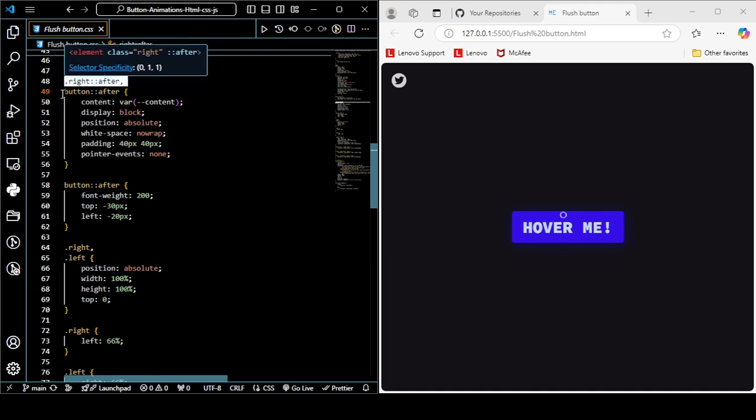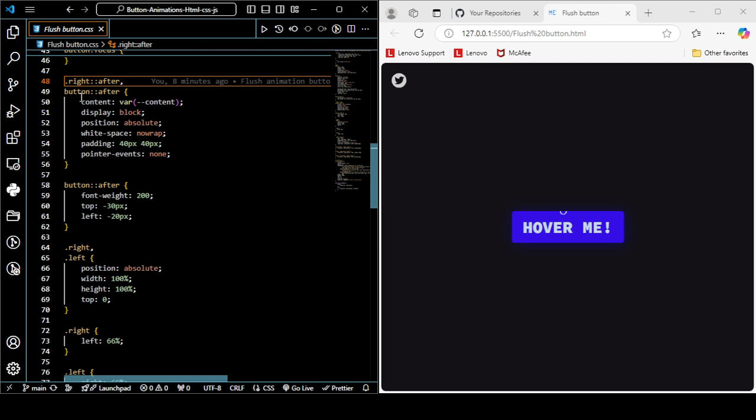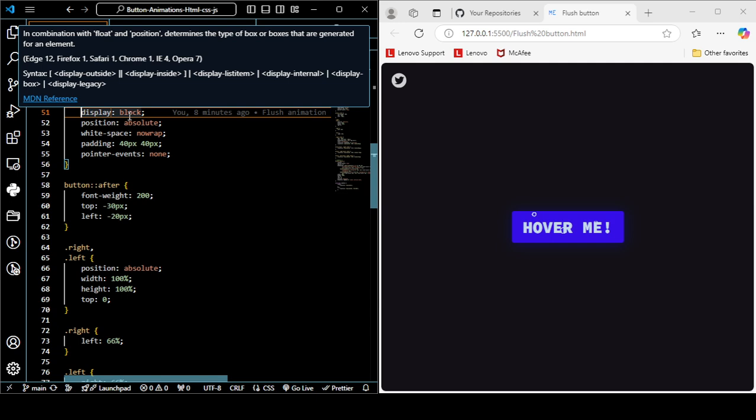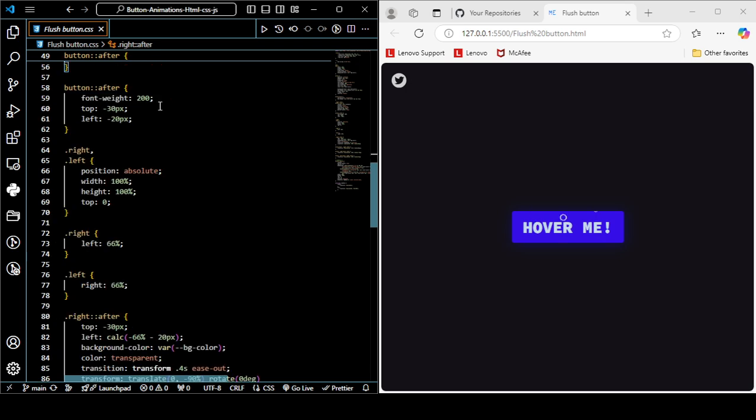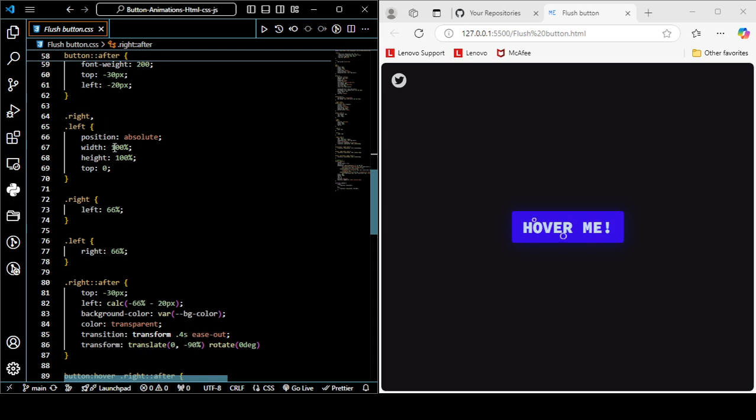So we have added the right class, then the after effect, and then for the button we have defined the content color right there, then the content part: display as block, position as absolute, white-space as nowrap, padding 40 pixels, pointer-events none, then button after, font weight 200, top minus 300 pixels, left minus 20 pixels, right, left, position as absolute, width as 100%, and this, and